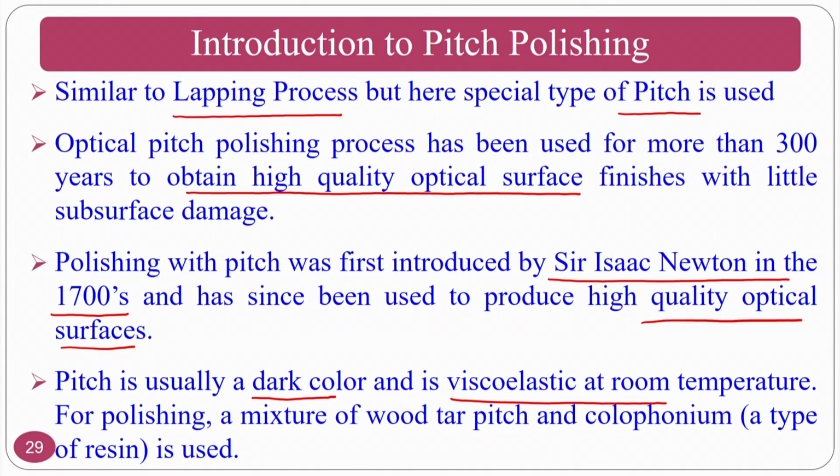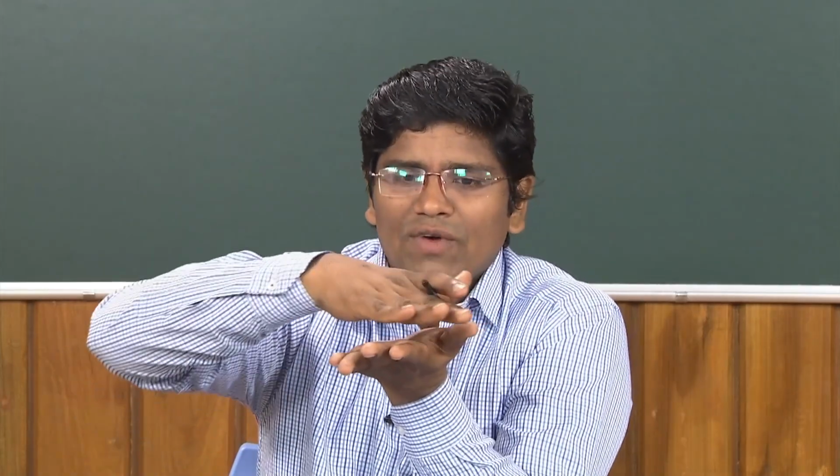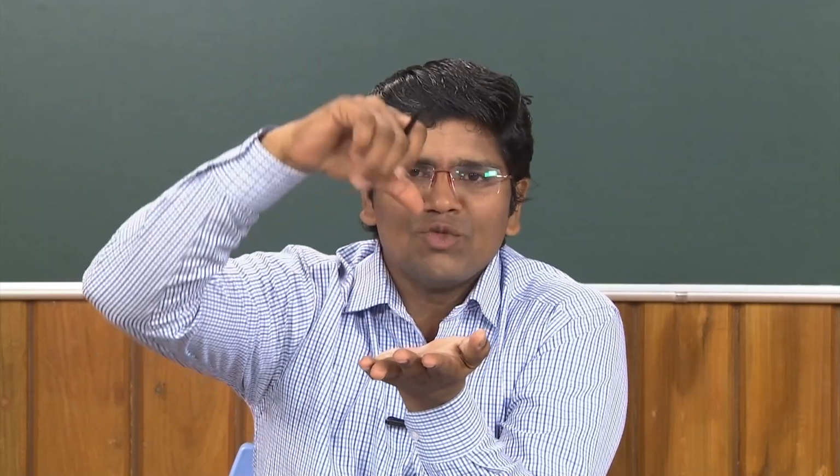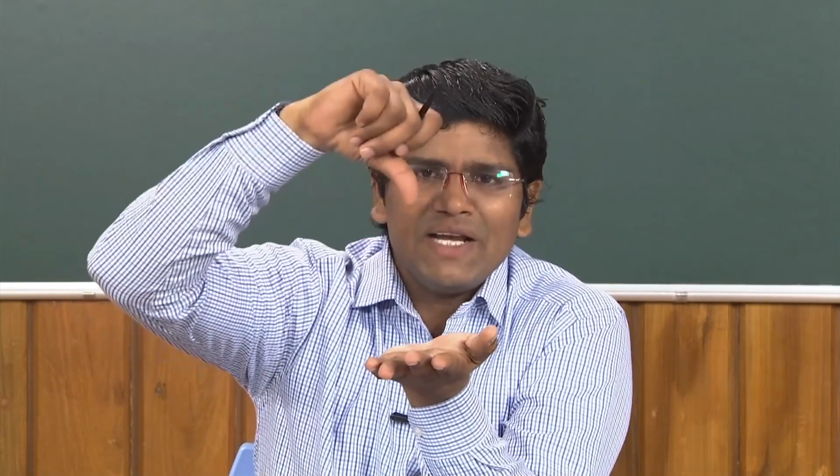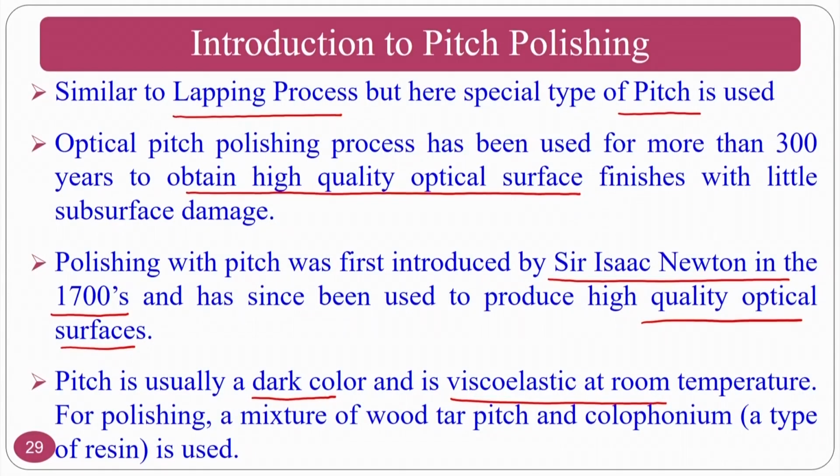Okay, for the time being, whatever I explained: the viscous component of this pitch will move along the direction of the external energy. That means, in the previous slide, the operator is moving like this. So if I want to move like this, my pitch's viscous component tries to move in this direction, and the elastic component moves perpendicular to it, so that it will indent and create the shearing, so that you can remove the surface peaks and you will get a mirror surface finish,